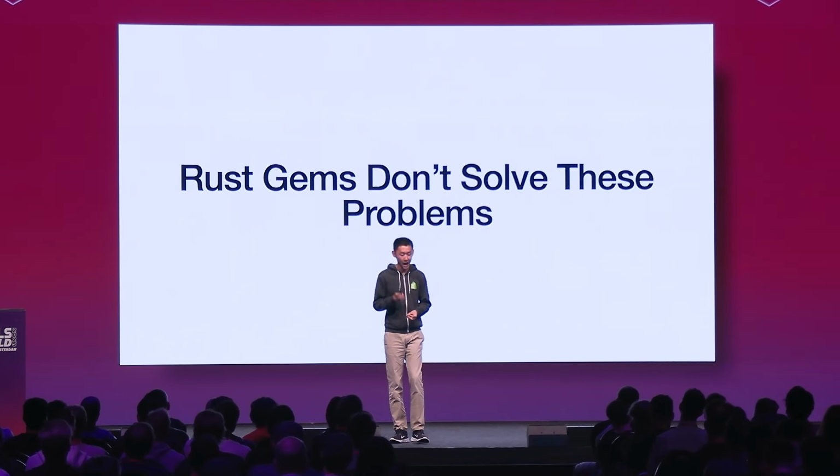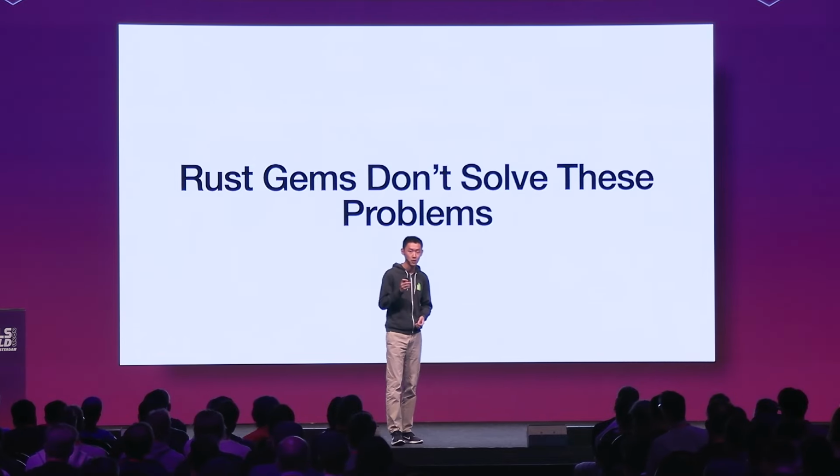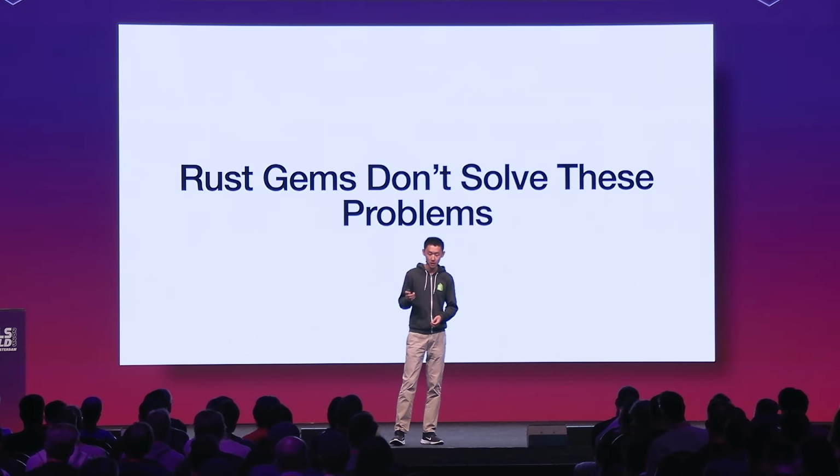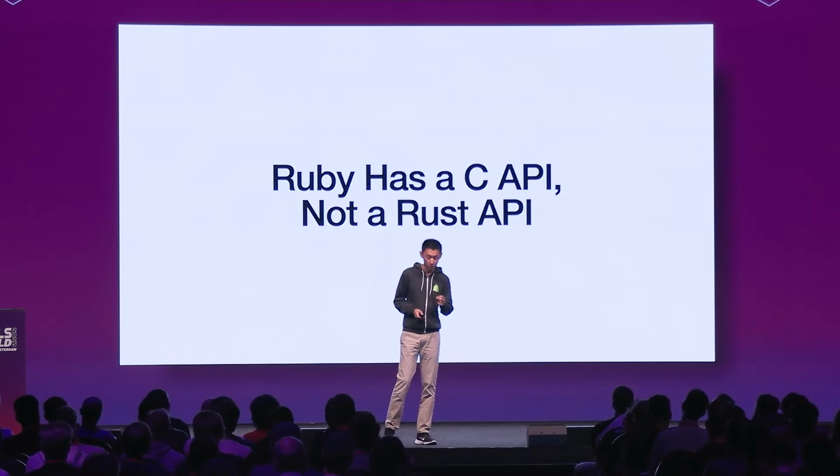As a side note, there is a common misconception that people have. And this misconception is causing an increase in instability in our systems. And I'm talking about the rise in the number of Rust gems, mainly due to the popularity of Rust and the promise of memory safety from the borrow checker in Rust. While this is true, many Rust gems directly interface with the Ruby C API. Ruby has a C API, not a Rust API. So there are many implementation challenges for Rust gems, including how to get Rust to work properly with the Ruby garbage collector. Additionally, Rust gives developers a false sense of security, so many developers don't truly understand the code that